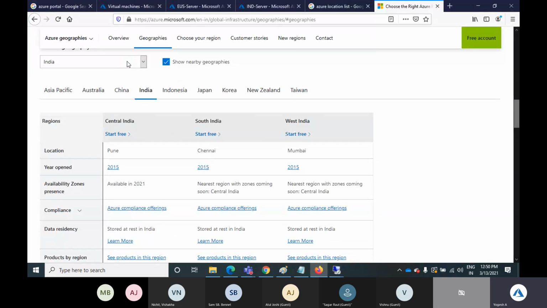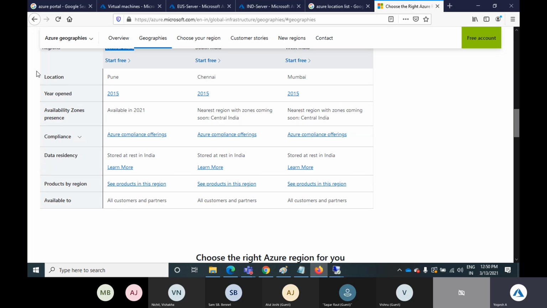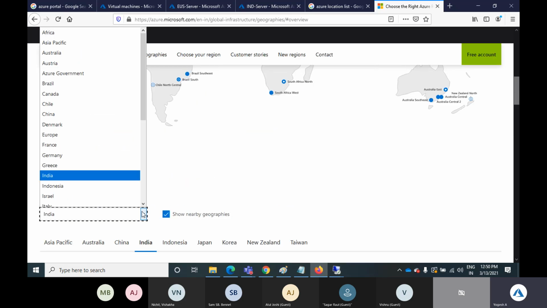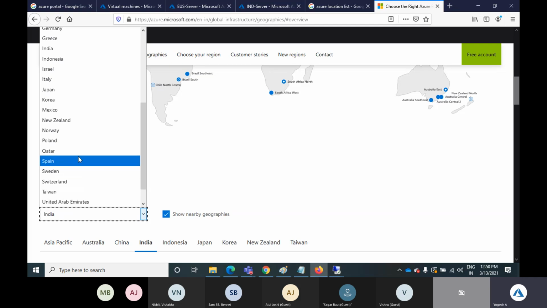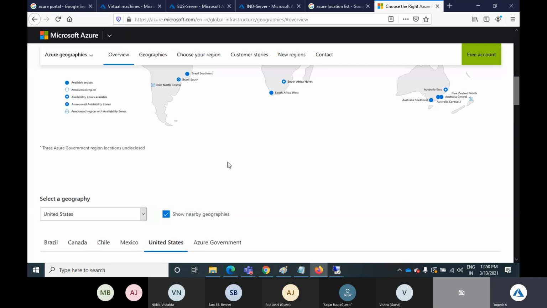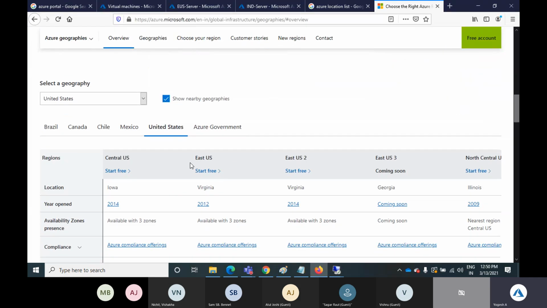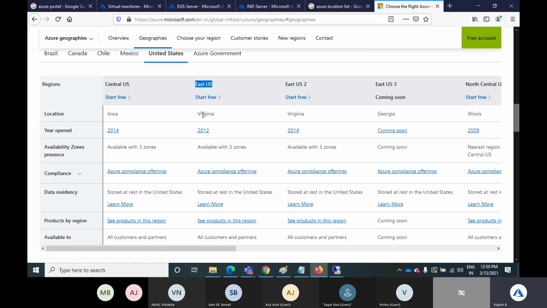Okay, so I have created the virtual machine in central India and my actual location is Pune, and my another virtual machine with the US region, right? United States under East US, right? So this is the actual data center. Okay, this is the actual physical data center,